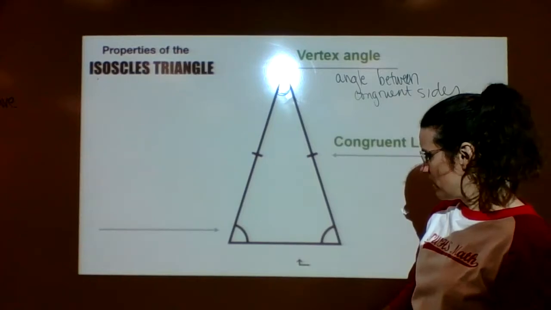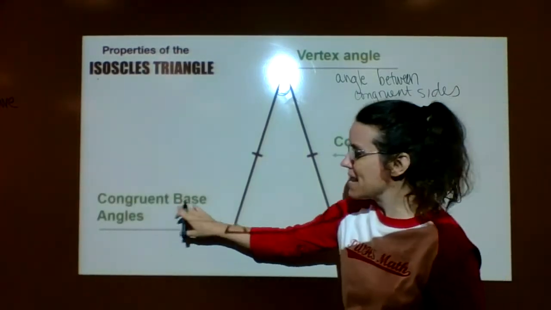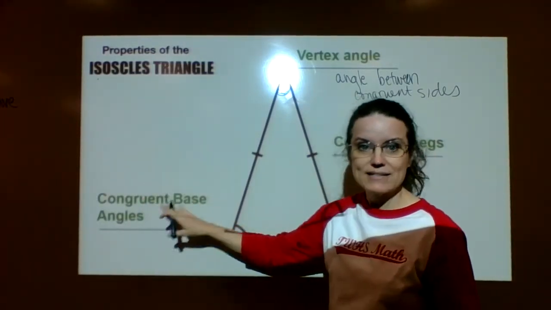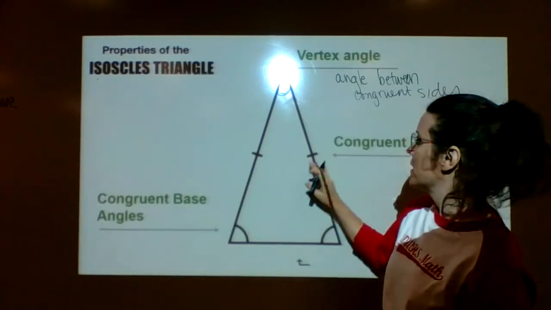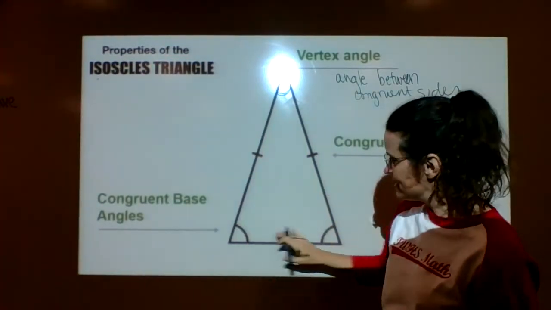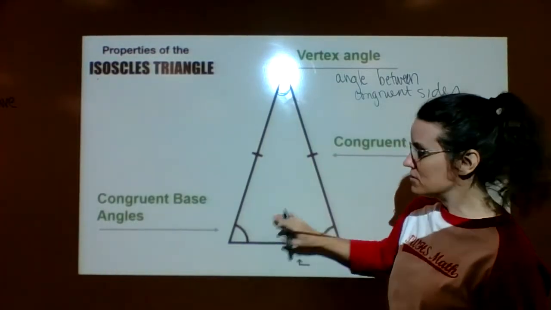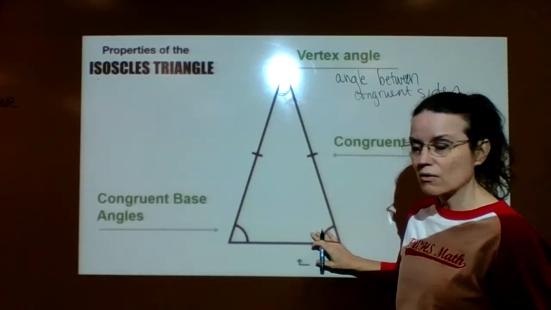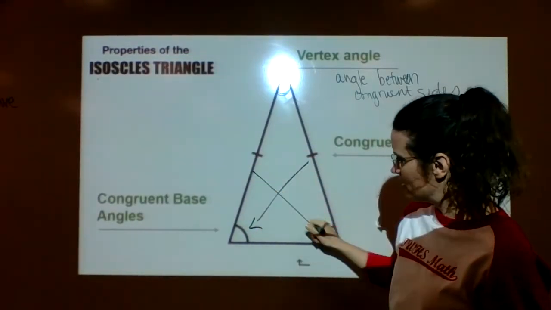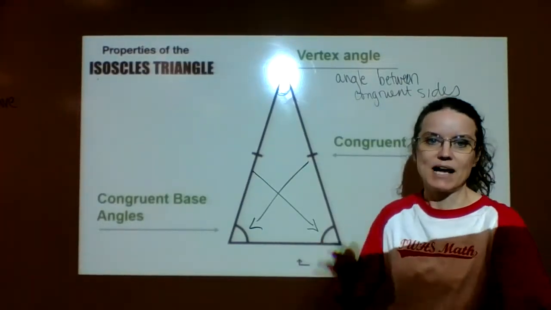These angles down here at your feet are your base angles, and they're always congruent, because in an isosceles triangle, whenever you have the congruent sides, the base angles opposite them must also be congruent. So even if I don't tell you how big these are, if these sides are congruent, these two angles have to be the same size